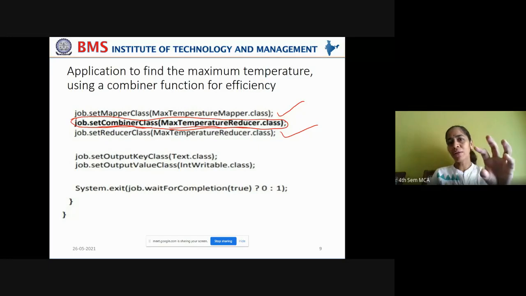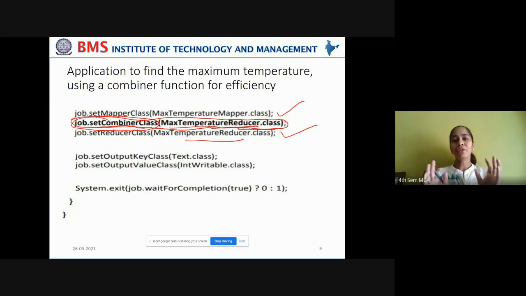It is finding the local maximum temperature in map 1 and the local maximum temperature in map 2. Okay, so it is trying to find the maximum temperature itself. So this code is the same as your max temperature reducer. That is why you are using the same class here, max temperature reducer dot class file, but you're setting it as a combiner class. Setting it as a combiner class, you're making it run on the mapper side, which will consolidate the local result and give minimal input to the reducer phase, which will give you the final output. No other change needs to be made.